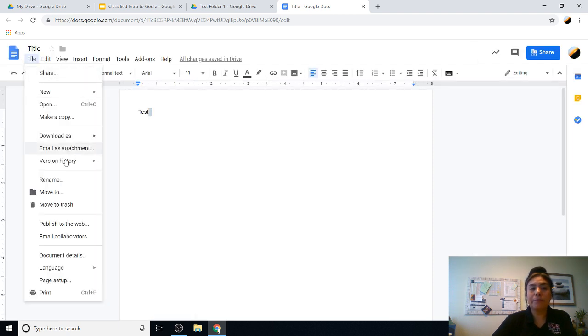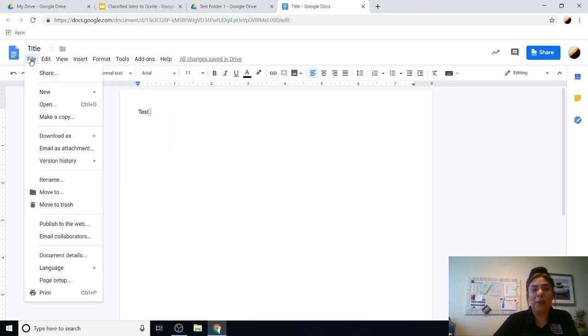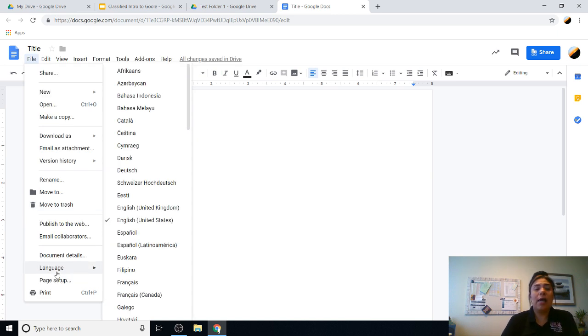We're on File. You can rename it, of course. This file here, instead of going to your drive and moving it into a different folder, you can move the file and place it in a different folder by clicking Move, and then it'll ask you where you want this to go. So there's no need to be going back and forth through a couple of windows. If you're not satisfied with it, you want to trash it, you can. And then if you are working maybe like as an interpreter or working with a parent, there's also a way to set this up, and you can start typing it in a different language,